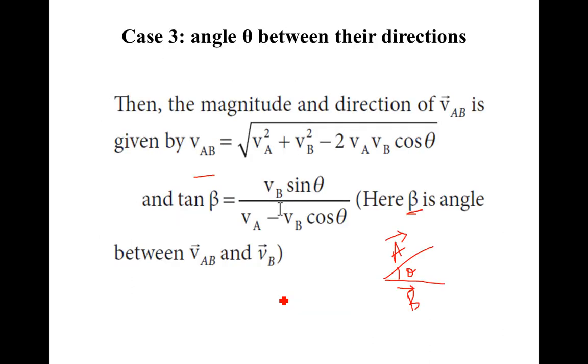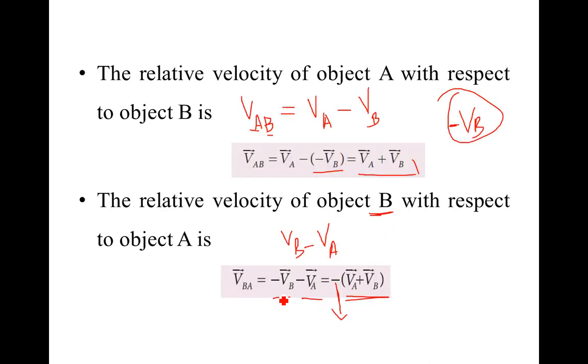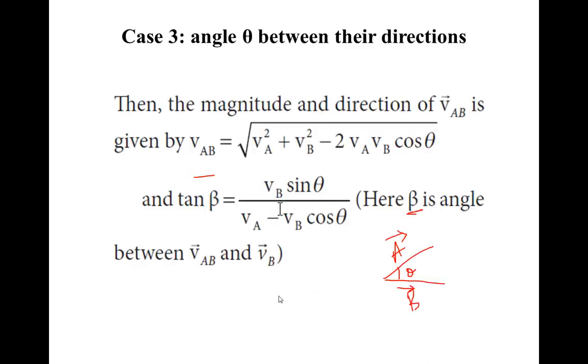So this is all about the three different cases of your relative velocities. Here again you have to go for three different values of theta: theta is equal to 90, theta is equal to 180 and theta is equal to 0. When you substitute, you have to take the cos theta value for each of these three possible angles.